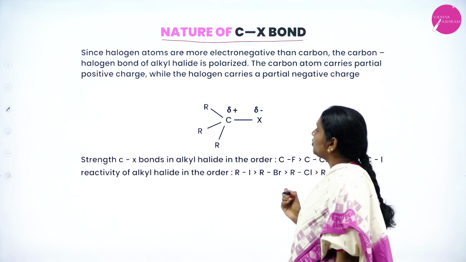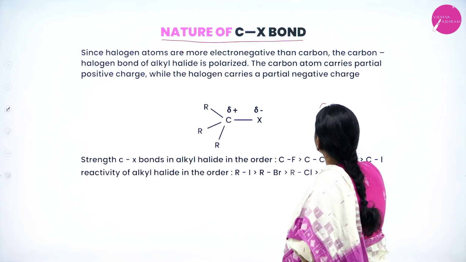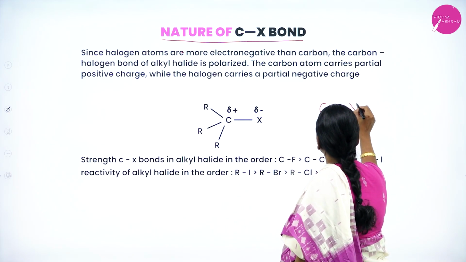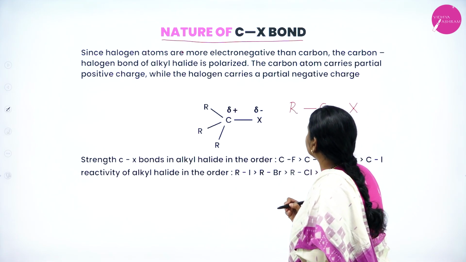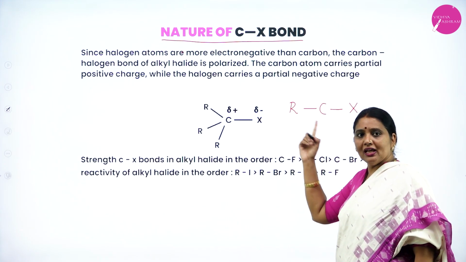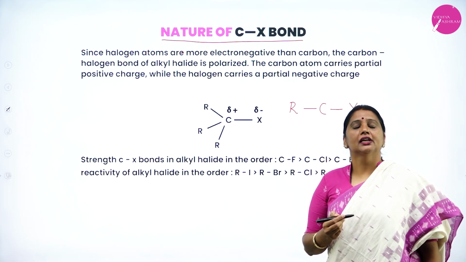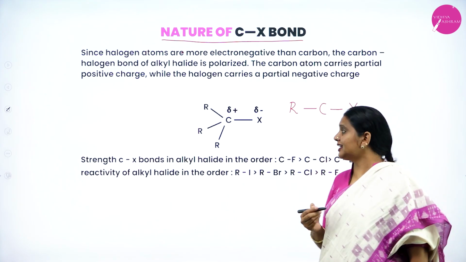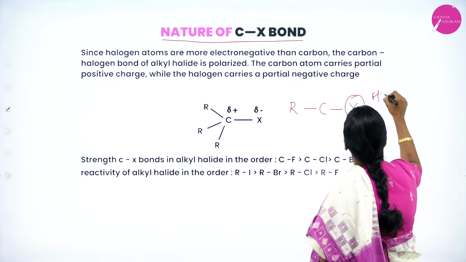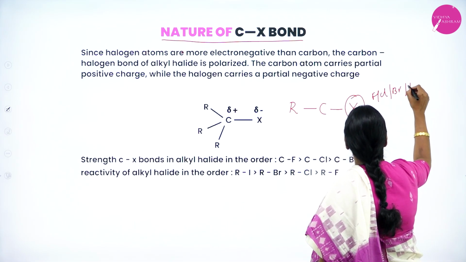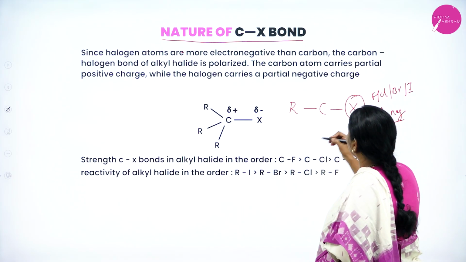Now, when you consider alkyl halide, in alkyl halide, there is a carbon. It is attached with X and it is attached with alkyl group. If it is attached with one alkyl group, it is known as primary. 2 alkyl groups, it is known as secondary. 3 alkyl groups, it is known as what? Tertiary. Now, the X is halogen atom, fluorine, chlorine, bromine as well as iodine, and it is more electronegative than